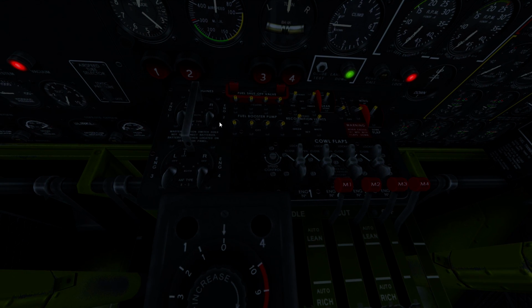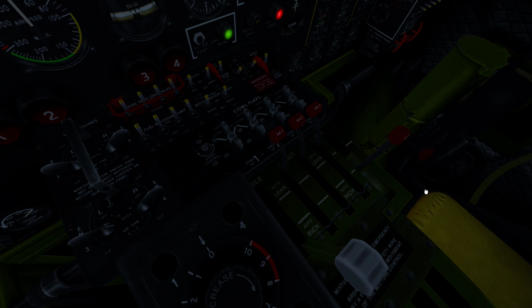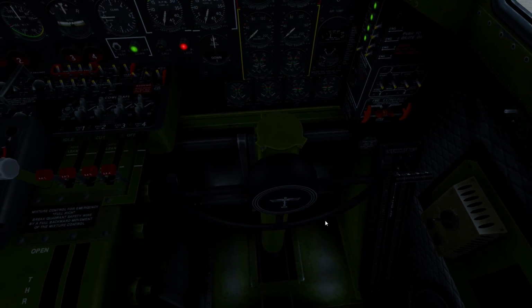Right, let's get our master on. Magnetos on. Get the fuel in, the boosters on, and we need to get our fuel to auto rich. Yeah, so we've had a report that there's a forest fire, and since the time we started getting the initial reports, it's got a lot bigger. Let's pull the pins out and do a full